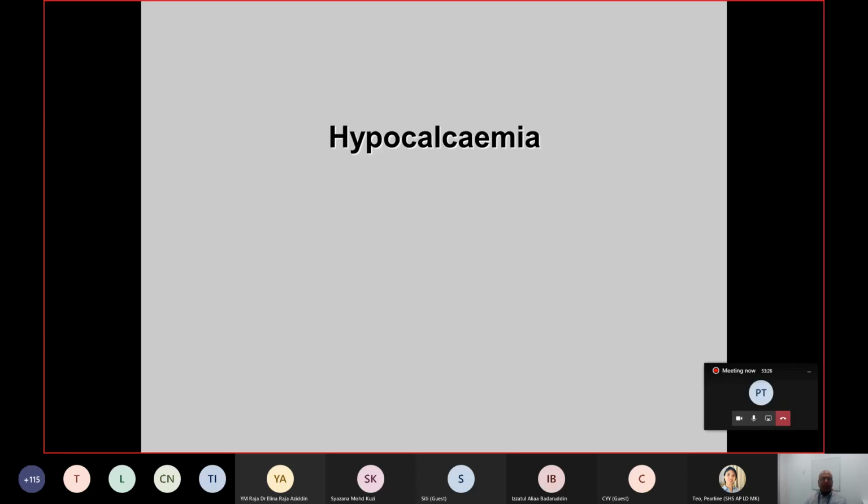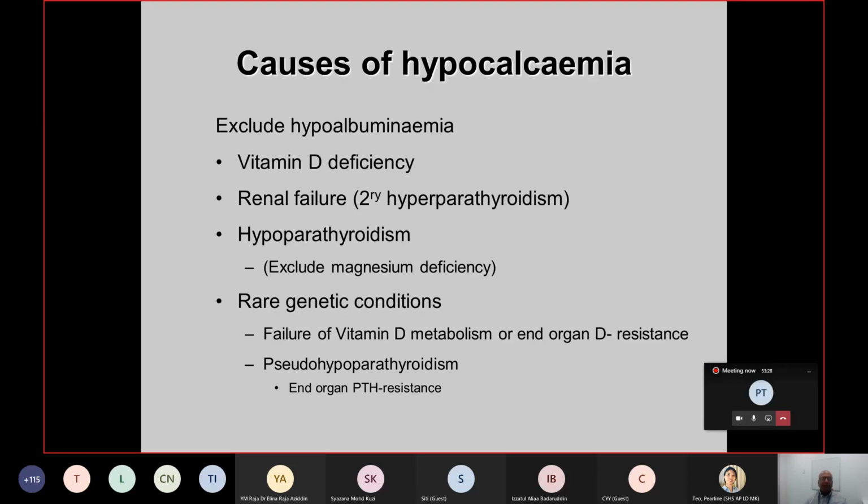I'll move on to hypocalcemia. Causes of hypocalcemia: obviously, you have to exclude hypoalbuminemia as a cause of a low total calcium. Vitamin D deficiency, obviously, and renal failure. Chronic renal failure is the commonest cause of hypocalcemia in our hospital population. Hyperparathyroidism,